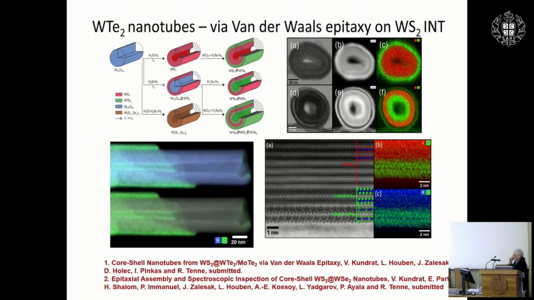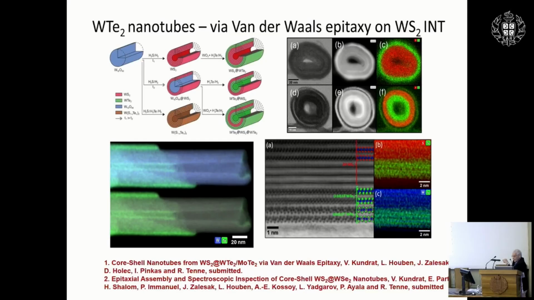Let me go also to another recent work of Dr. Gundrat, and this is the core shell nanotubes. The idea here is that if you want to take a tungsten oxide whisker, I told you that it's very stable, and you want to react it directly with hydrogen telluride or hydrogen selenide, it will not be successful. You can do that maybe one or two shells, but the problem is that when you heat it at 900 degrees C in the presence of hydrogen telluride or hydrogen selenide, they slowly collapse and the nanotubes are not forming.